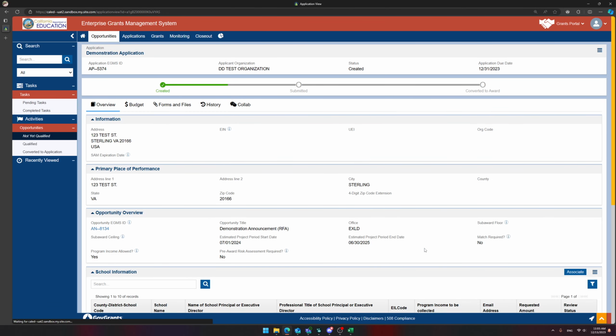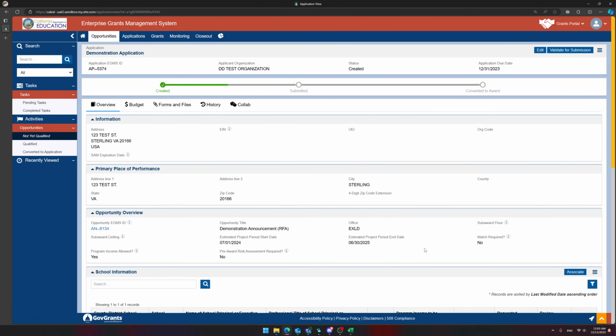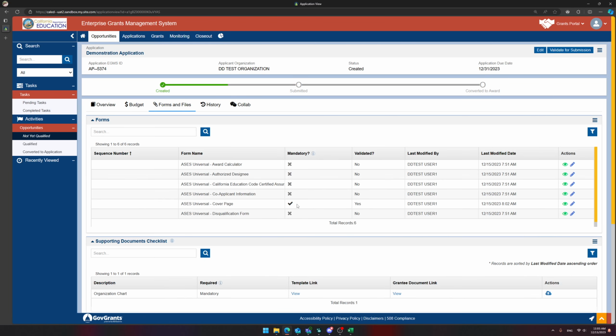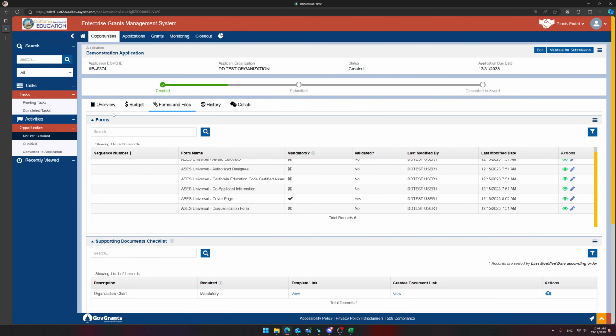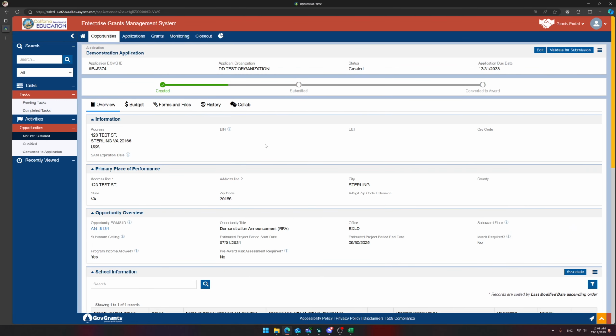So now that everything is complete, all that has to be done now is validate the application for submission. So that way we can do checks to make sure that things like the budget line up with what the school requested and all of that. Make sure that all the mandatory forms are complete, all the mandatory supporting document checklist items have been attached, and then we would be good to go.